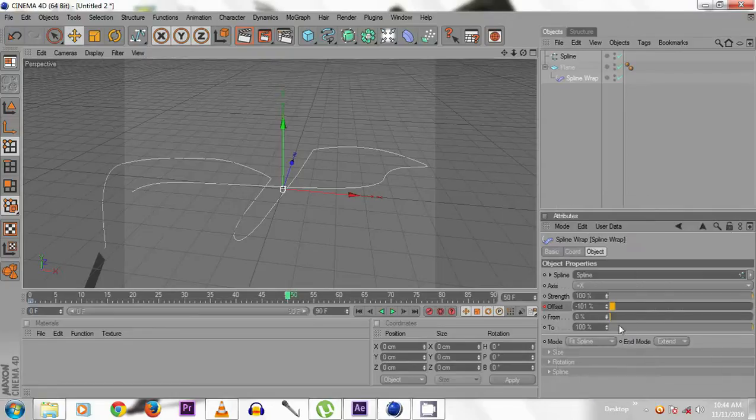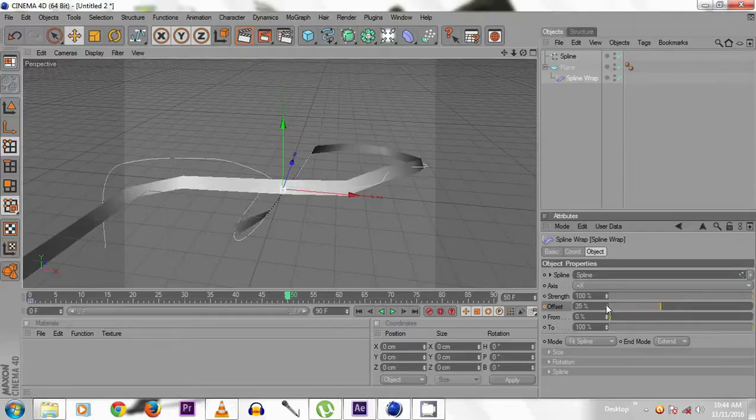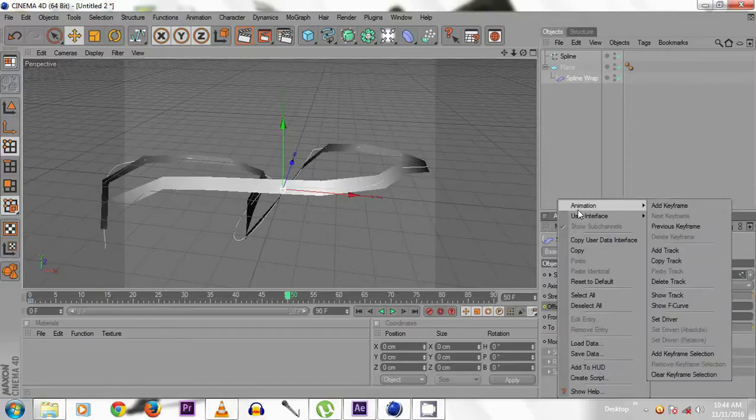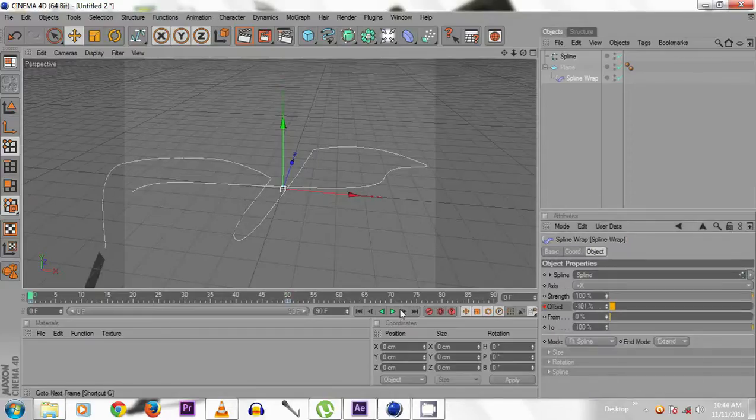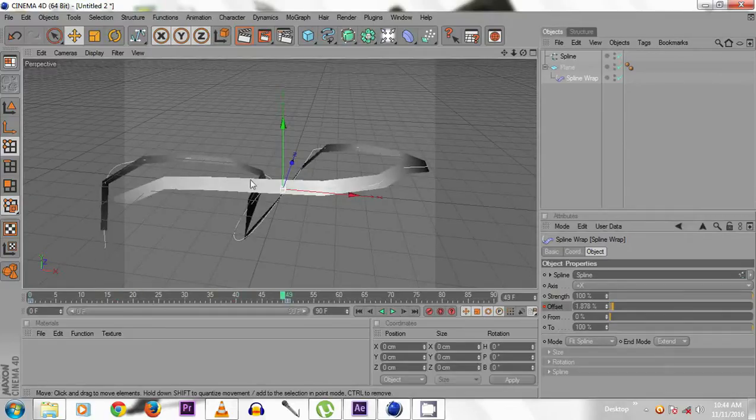Move the offset to fully animated, then right click, animation, add keyframe. Now when we play it, the ribbon will follow the drawing path.